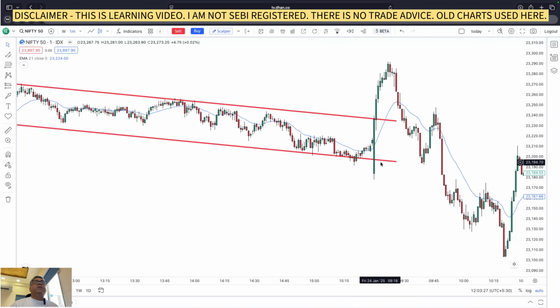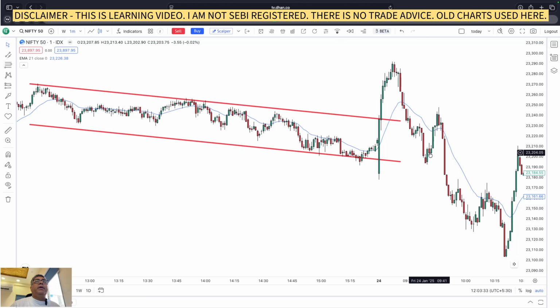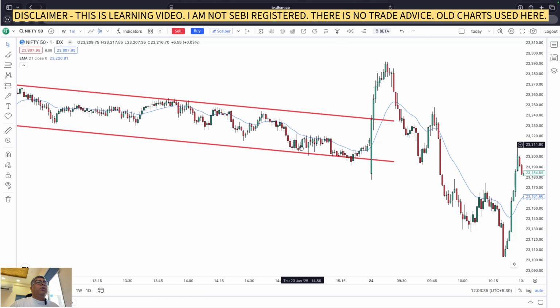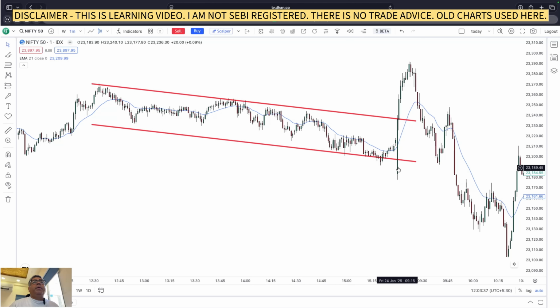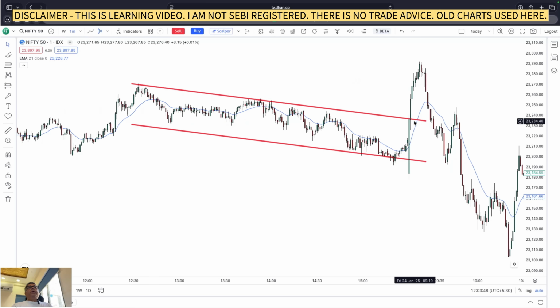Here we can see today when the market opened, first it went up, then it started coming down because there was a break of this trend line and it failed, and it tried to break the channel line and then it failed again. Since this is a bear channel, we can expect a formation of new low after the